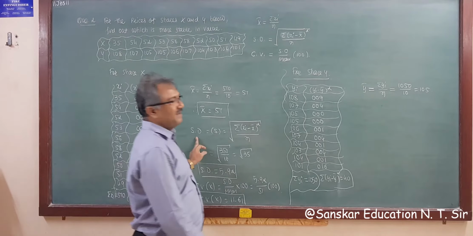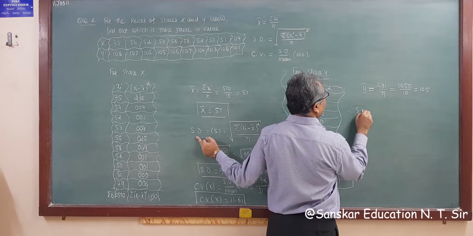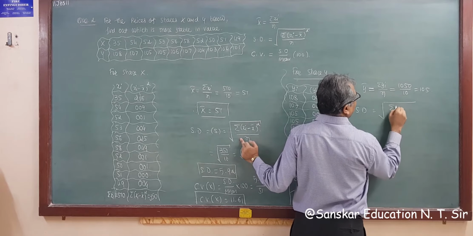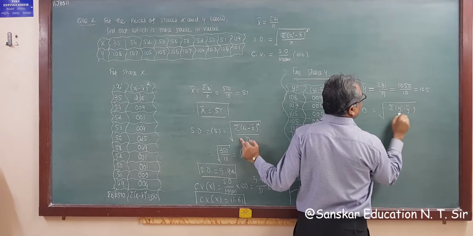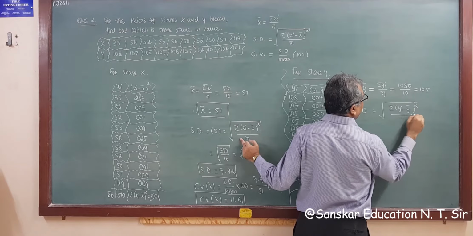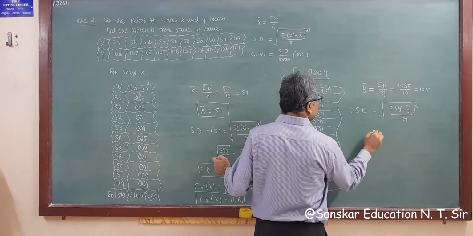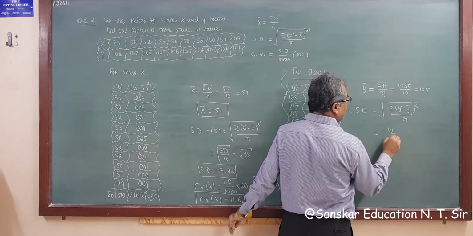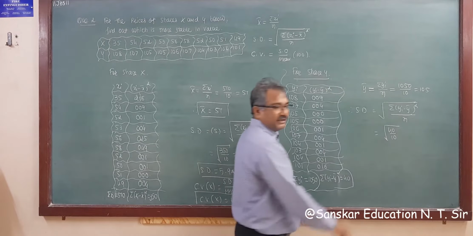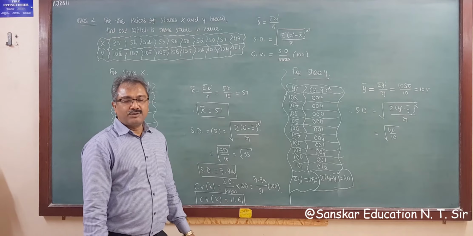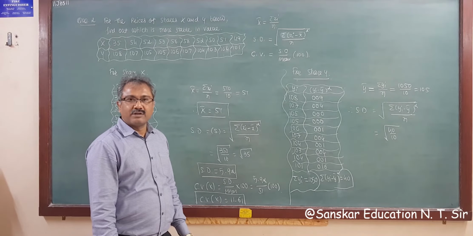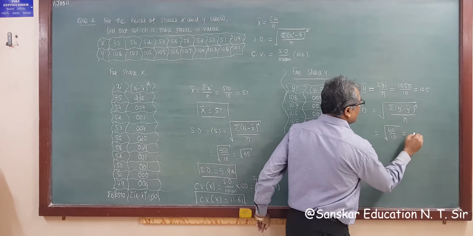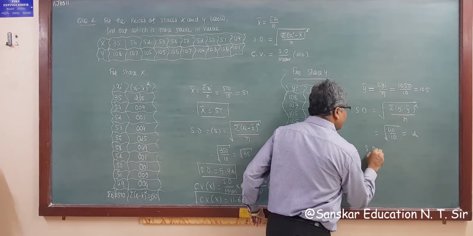Now standard deviation. So standard deviation is equal to square root of sigma yi minus y bar whole square upon n, that is 40 divided by n is 10, square root of this, right? So standard deviation for this group is 40 divided by 10 is 4 and square root of 4 is 2. So your answer will be 2. So standard deviation is equal to 2.